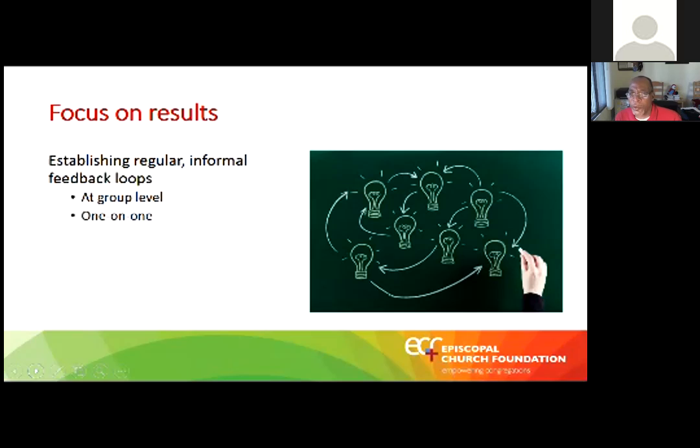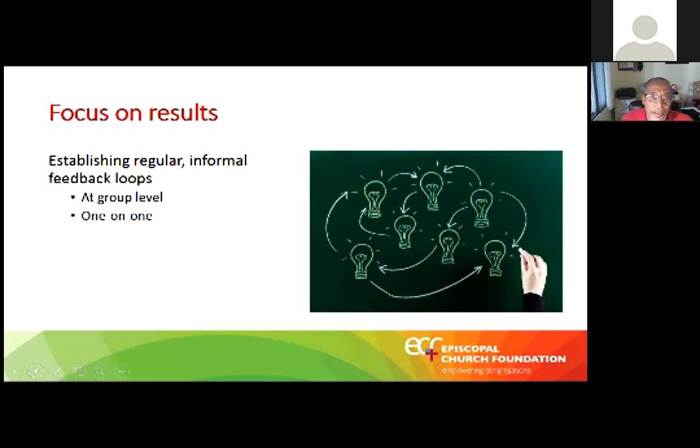And one of the ways in doing this at the group level is always to remind ourselves and to point back to the group norms that we established very early on. And that's why establishing group norms and agreeing to them is so very important. Let me also say that while we talk about group norms, we also get into a conversation during our time together around establishing vestry covenants. And that's a whole other conversation, but the two hold hands together. And both are important towards, again, establishing strong relationship, but also keeping us on task and focused on the results that are in front of us